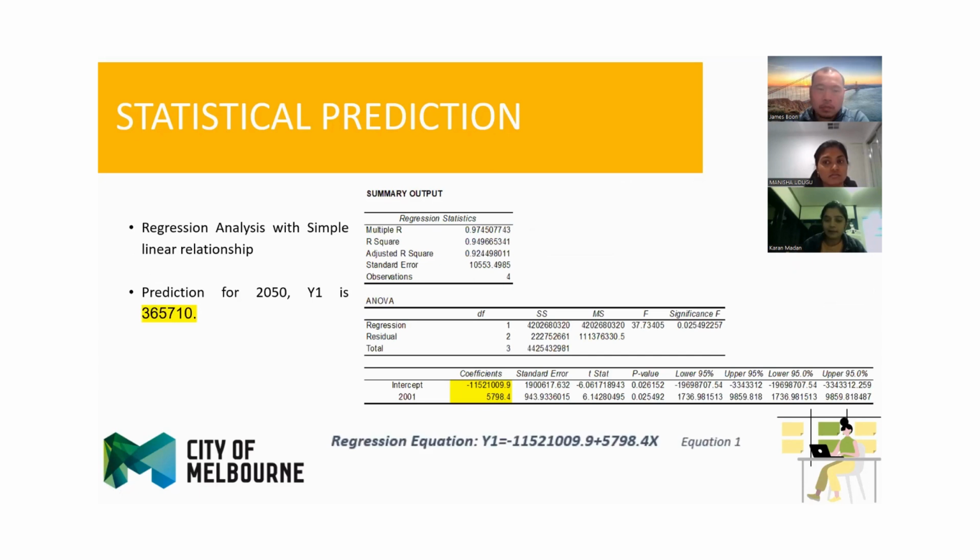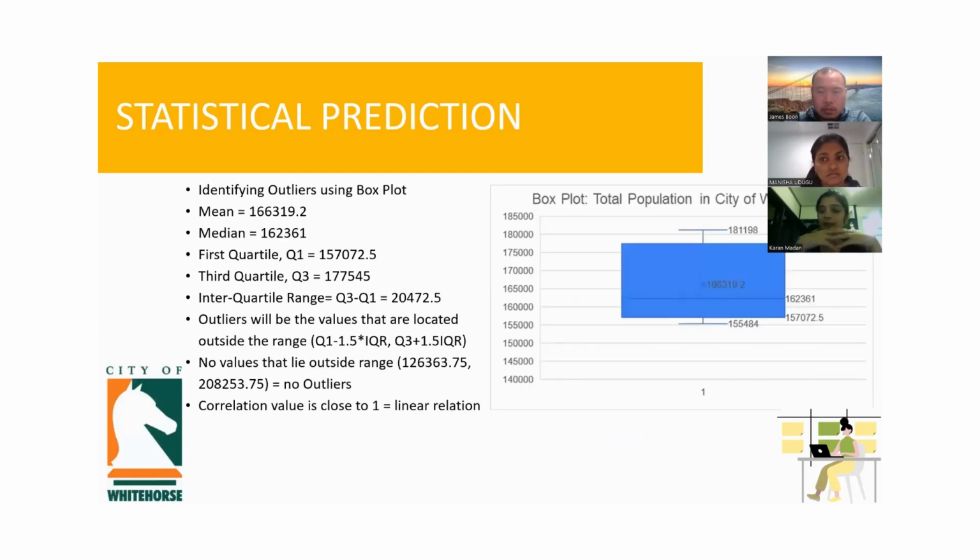We did a linear regression wherein we formed a linear regression equation, which is stated here. And when we put the value of x as 2050 in the linear equation, it gives a prediction for 2050 as 365,710 in Melbourne City Council. Similarly, we did the